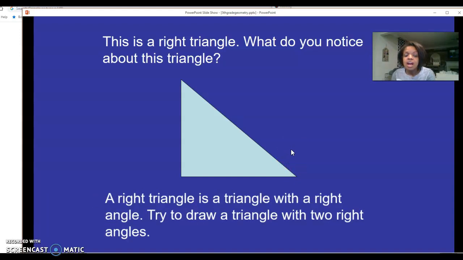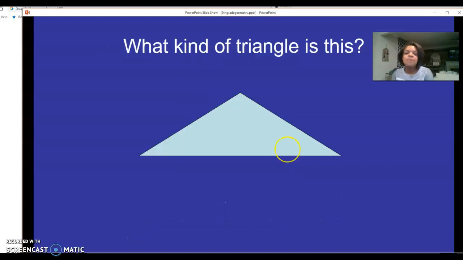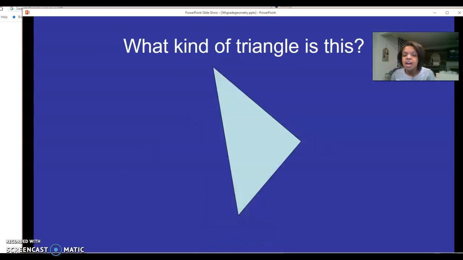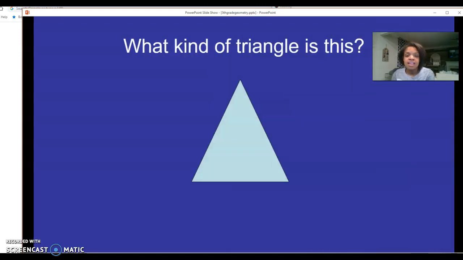All right, so a right triangle is a triangle with a right angle. I don't even know where I got left from, sorry. All right, so what kind of triangle is this? Hopefully you said obtuse, okay? All right, what about this one? Hopefully you said right because you can see that right angle right there. All right, and then the last one, it has 3 acute angles, so we're going to call this an acute triangle,